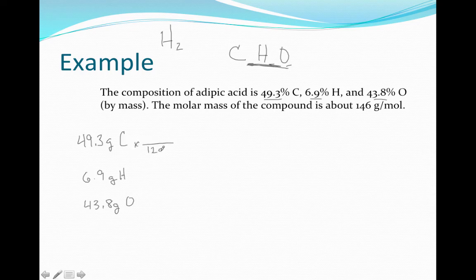So I'm going to use the molar mass, 12 grams per mole for carbon. That's supposed to be a times sign. Well, now it just looks like a scribble. 1 gram per mole for hydrogen, and 16 grams per mole for oxygen. Let's do the math here. We get 4.1 moles for carbon. We will get 6.9 moles for hydrogen, and we will get